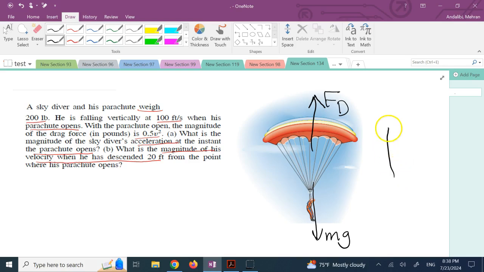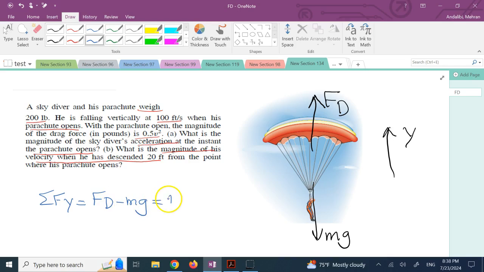And here I'm going to use just a y-axis upward, because that's a rectilinear motion on a single line. And so if I write some of the forces along y, clearly this is Fd minus mg,